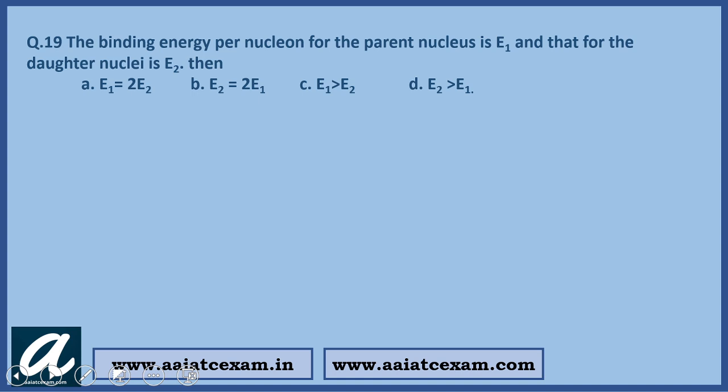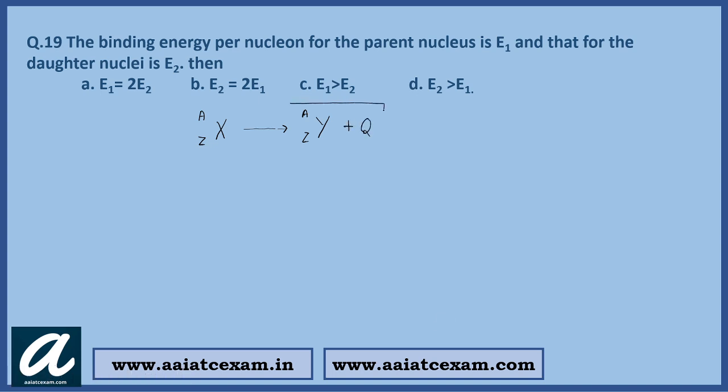Question number 19 is there, students. The binding energy per nucleon for the parent nucleus is E1 and that for the daughter nucleus is E2. Students, consider you have a parent nuclei Z, A, and for the daughter nuclei, when it gets converted to the daughter nuclei, it will be Z and A plus some amount of energy is released here in the form of